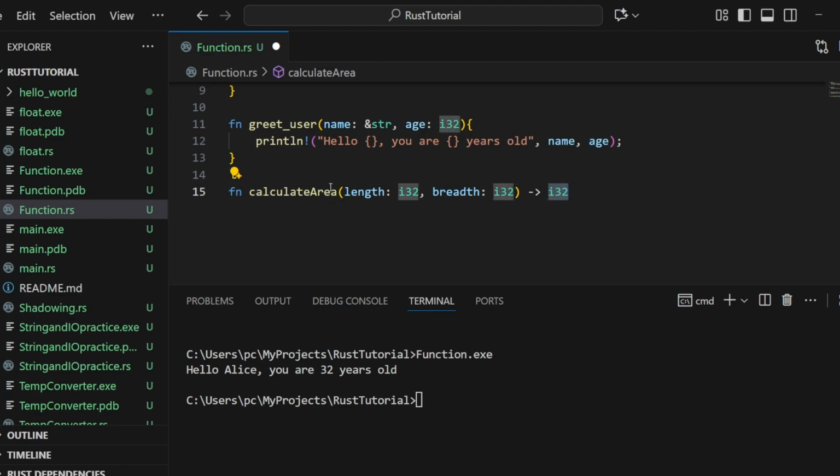So in this case, the value which is returned by calculate_area should be of the type